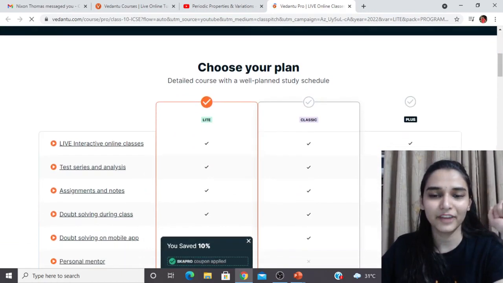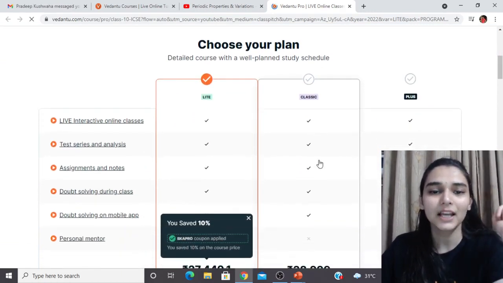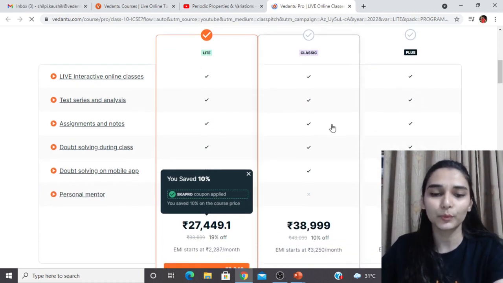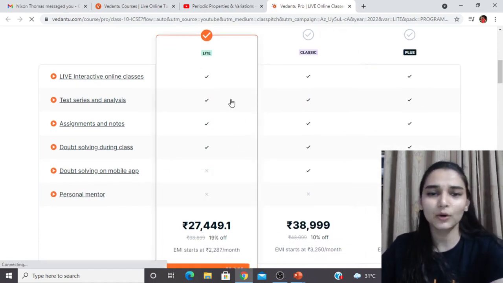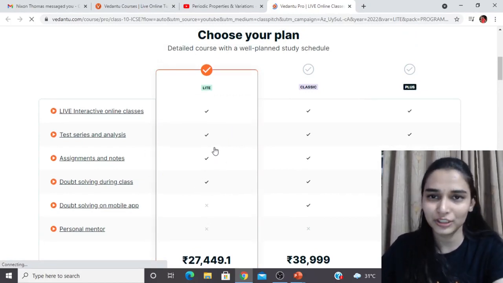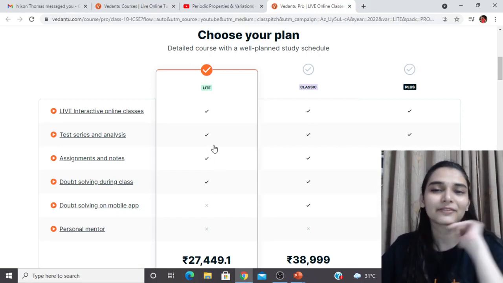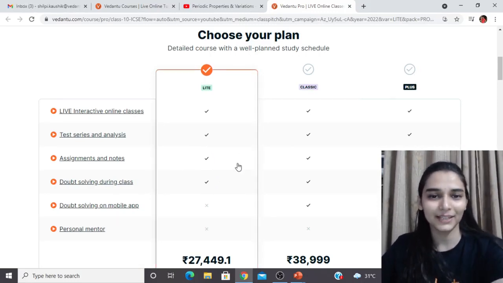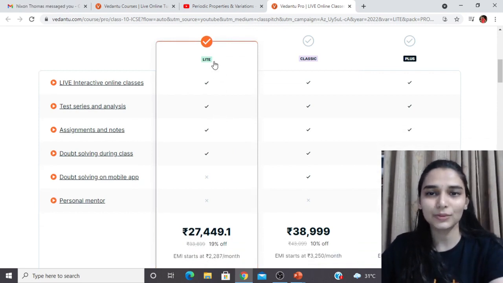you are having this screen where you get to know about the plans. So we are having the Pro Lite, we are having the Pro Classic, we have the Pro Plus. So you can simply go with the Pro Lite subscription. अगर आप ये सारी चीज़ें चाहते हो and you are a regular student, like you can manage the classes very well, है ना. Like when we are having the sessions, you are coming on time, you are doing your homework and assignments, go with the Lite वाला subscription.